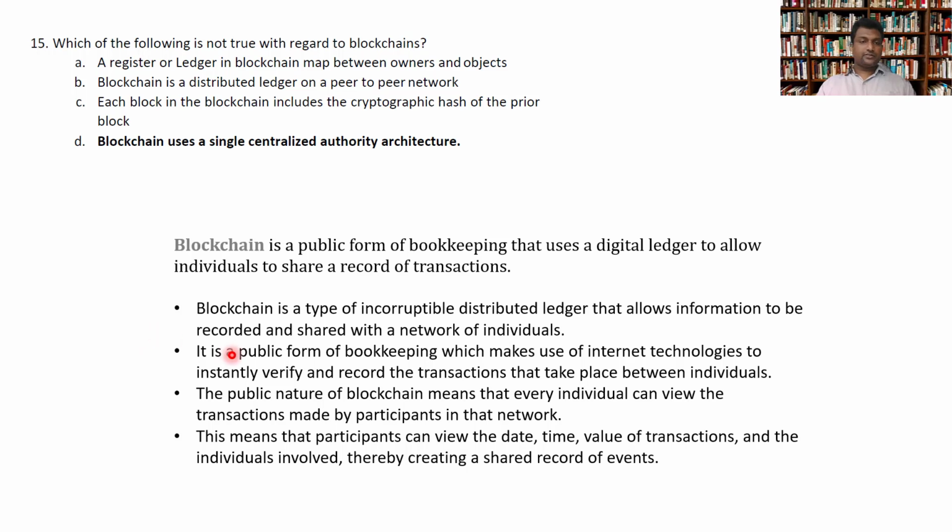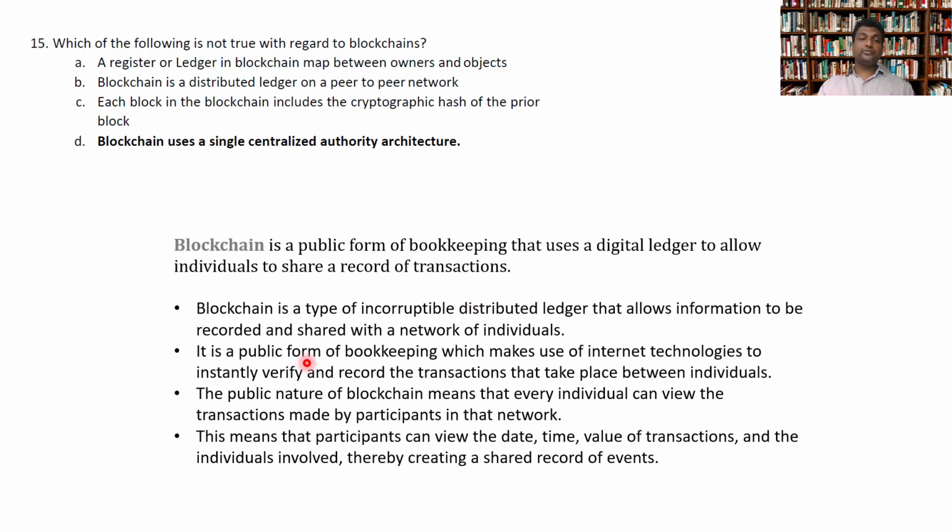So the first point they're saying is this is a type of incorruptible distributed ledger. This ledger cannot be corrupted. Why? Because all the entries and all the objects and the previous owners are visible and transparent to everyone. So you can't make a change anywhere because the previous step also visible. All the previous steps are visible. So if you make a change, that it will be visible to everyone. So therefore you can't make a change.